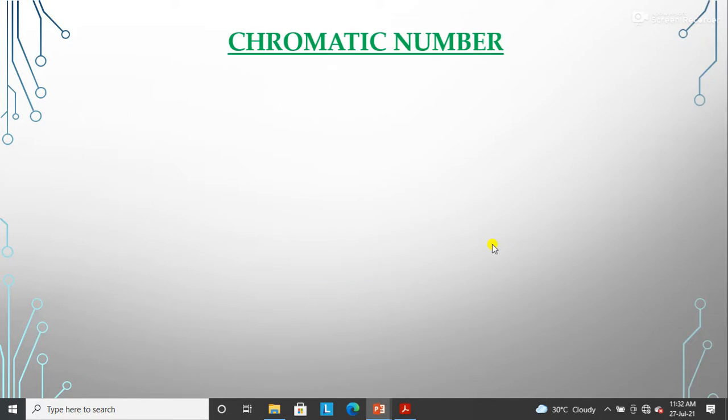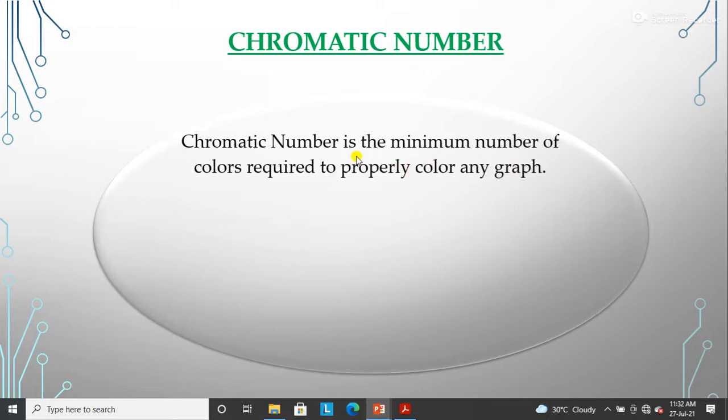Now, in graph coloring we have one more thing, that is the chromatic number. So what is this chromatic number? Chromatic number is the minimum number of colors required to properly color any graph. So here we color the graphs, right? We color the graphs such that no two adjacent vertices have the same color. That is proper coloring.